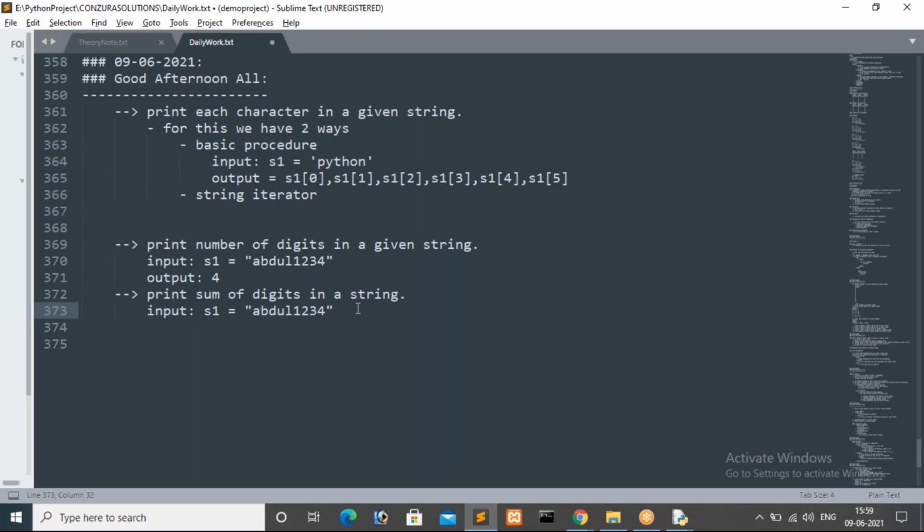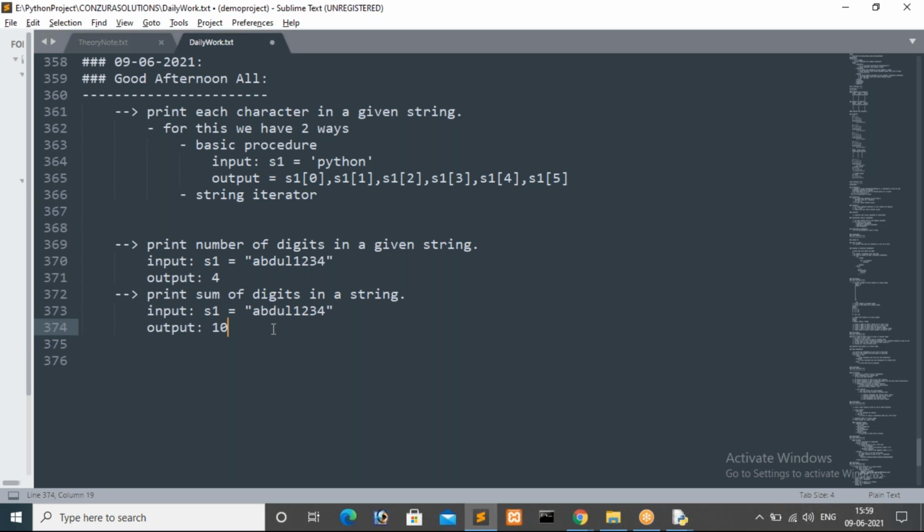In that, how many digits do we have, guys? Now in this string we have 4 digits. What is the sum of those digits? 1 plus 2 plus 3 plus 4 is 10. Absolutely, the sum of the digits is 10.